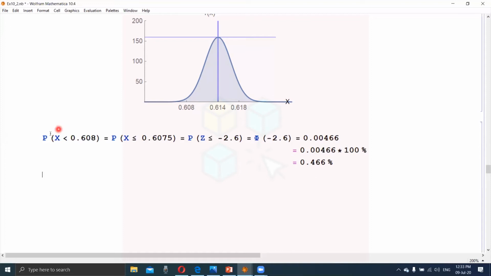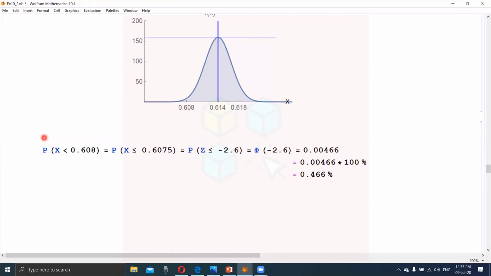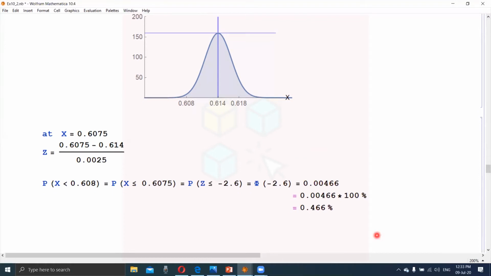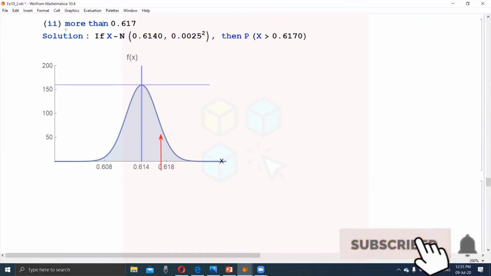This should come first, so we write it before the probability. Firstly, we find the value of the z-score at x equal to 0.6075. Then we will solve the probability. Now we will solve the probability